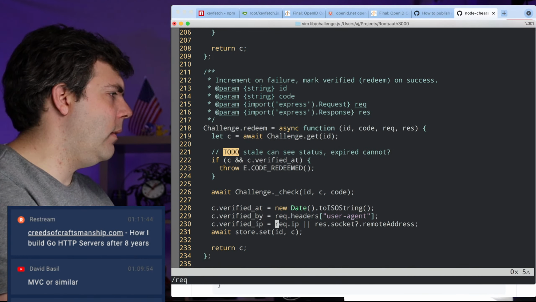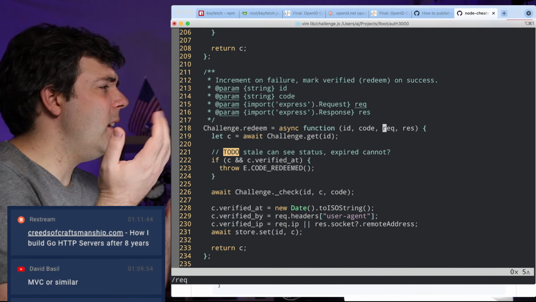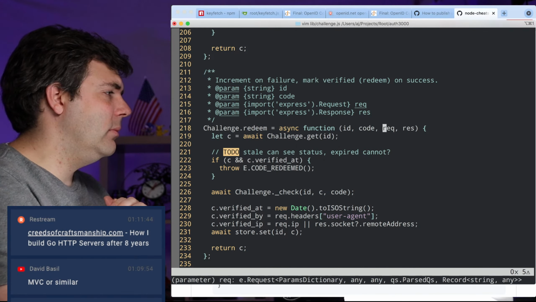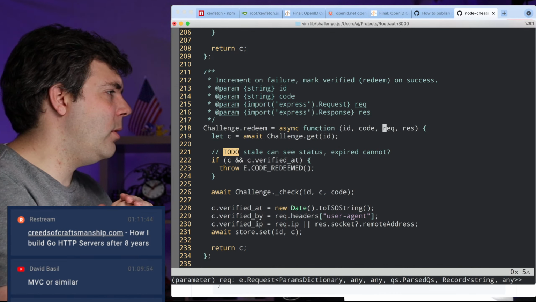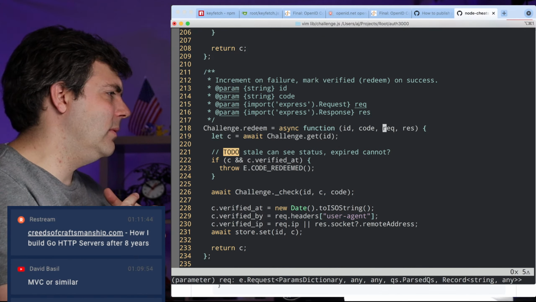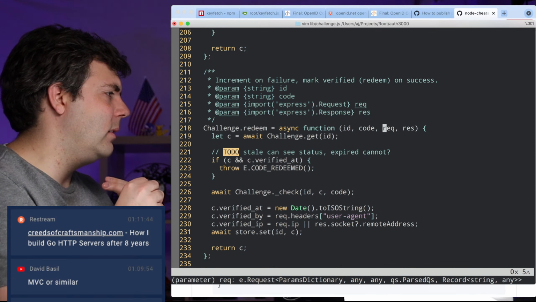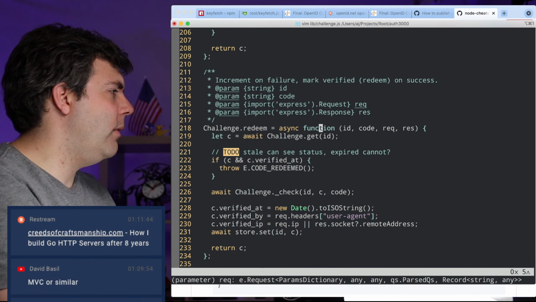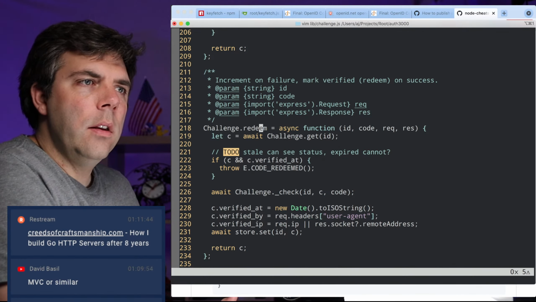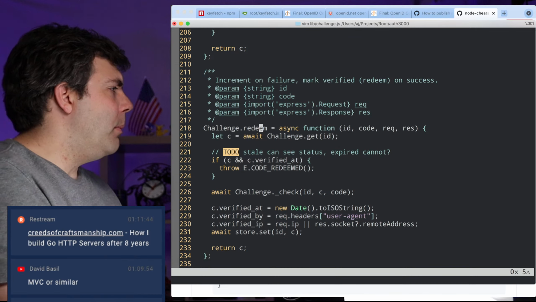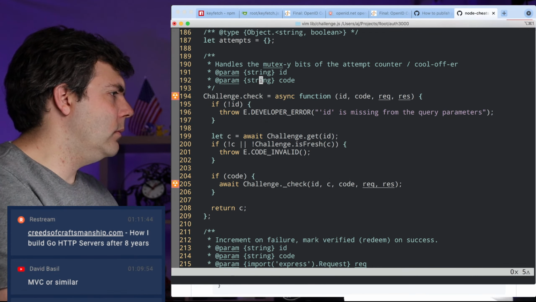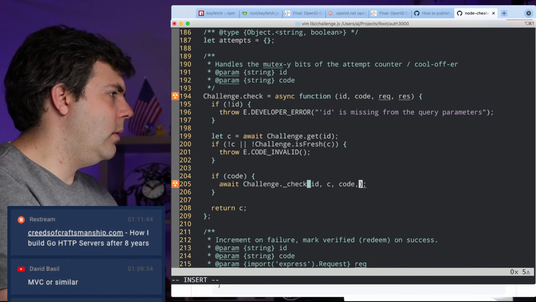Okay. And then really, all I'm looking for there is an IP address. So maybe I should just say ID code IP. Maybe that's what it should be. And then, yeah, well, then there's also the user agent. Yeah, I don't know. I'll leave that one there because I've got a use for it presently. All right, so I don't need to check.